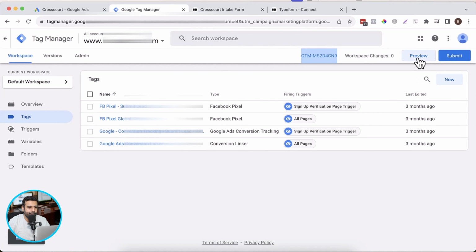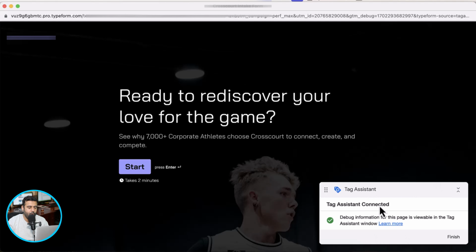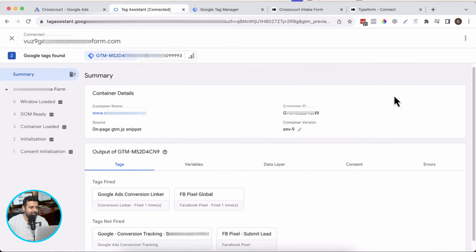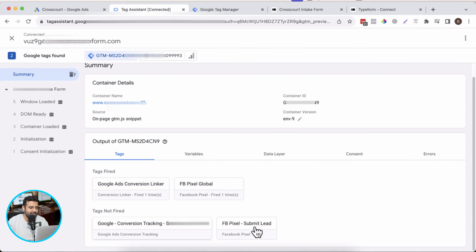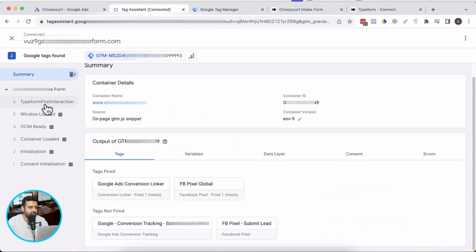Click on preview. Okay, now my preview window is opened, and as you can see, there's a small pop-up showing up on the right corner saying Tag Assistant connected. And now when I go to my Tag Assistant window, you can see that on the form we have these tags firing because we have these on our Google Tag Manager. Now when we start filling up the form, we have this event